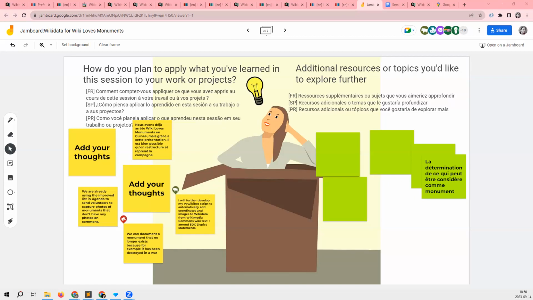This is heartbreaking, but it also shows how important it is to document the cultural heritage around you while it's still possible.